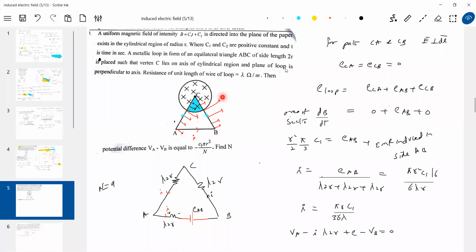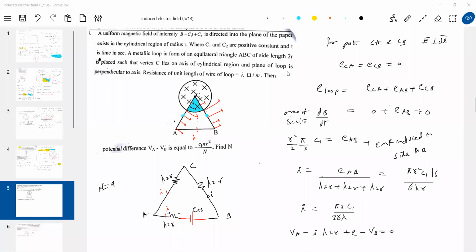Is it okay now? The red color arrows, how I am drawing about point C, draw a circle. All of you know how to draw a tangent to a circle. By Lenz's law, it should be anti-clockwise or clockwise. If the EMF is positive, it should be anti-clockwise. If the EMF is negative, it should be clockwise. Please do understand, we don't have any other method. So draw concentric circles, and for that concentric circle, draw a tangent. That will be the direction of E bar.